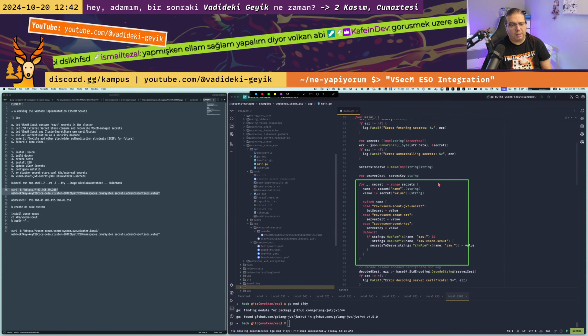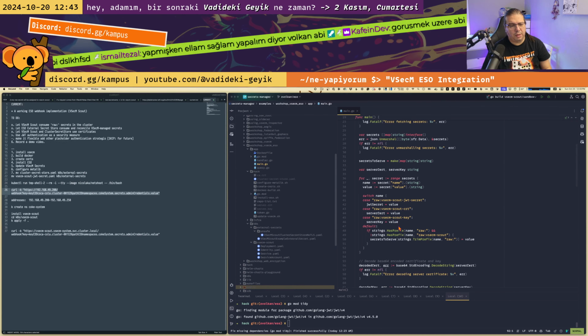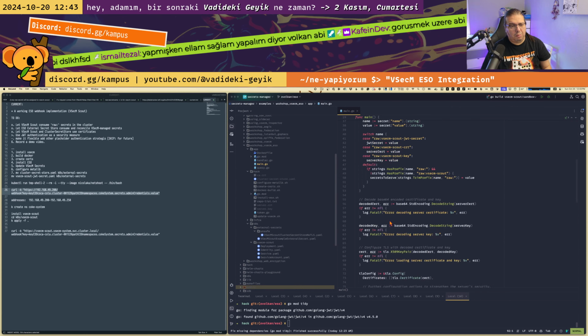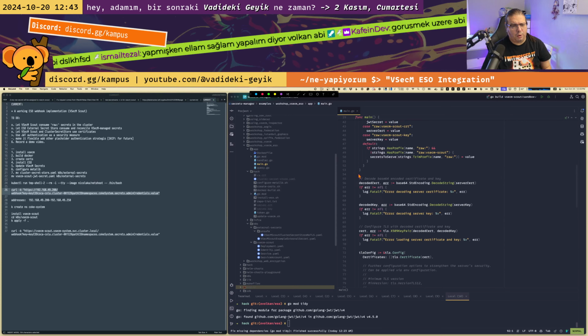So the code is iterating over the range of secrets that it fetched from vSecum Safe, and we establish a JWT secret in memory. We record it in memory. We create a server secret, server key. These two are used for TLS connectivity. This JWT secret is used to verify JWT tokens, and we do some base64 decoding because the secrets come in base64 form, and after that we create